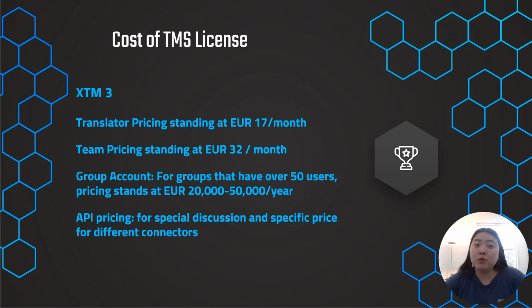And next, we'll be moving on to talk about the cost of the TMS license and the pricing of this TMS. We'll be starting with XTM, which we rated a 3. We looked at the pricing chart, and it seems like maybe XTM isn't that suitable for such large enterprises. From the website, it seems like the translator's pricing stands at 17 euros a month, and team pricing stands at